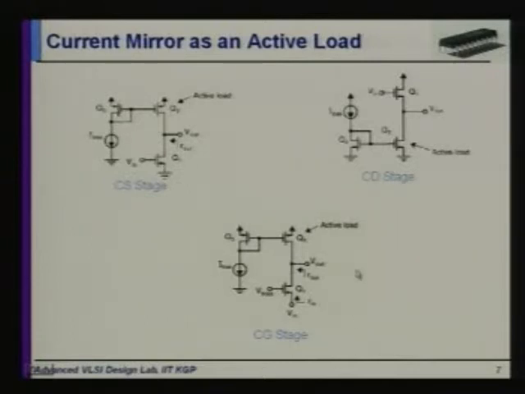For the same reason, in the case of the CG, that is the common gate transistor, we also need the load at the drain terminal. So we are using this PMOS current mirror. But in the case of the CD stage, as the load is needed at the source terminal, we can easily use this NMOS type of mirror, and this is the current reference source, because the source and bulk can be connected to the ground here. Okay, this is the active load for the single stage amplifier, where we are using the current mirrors.